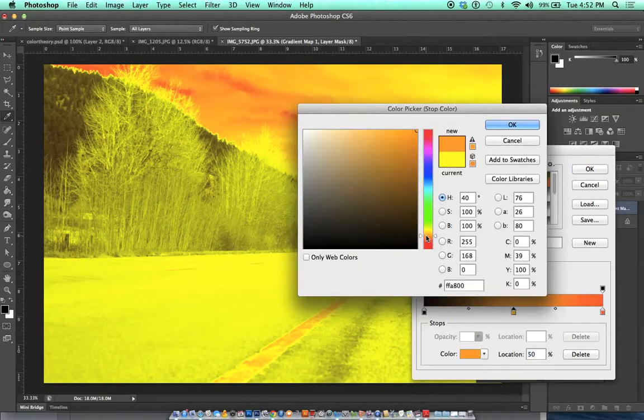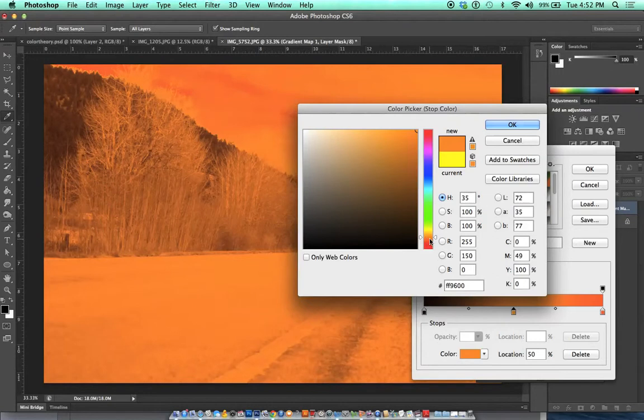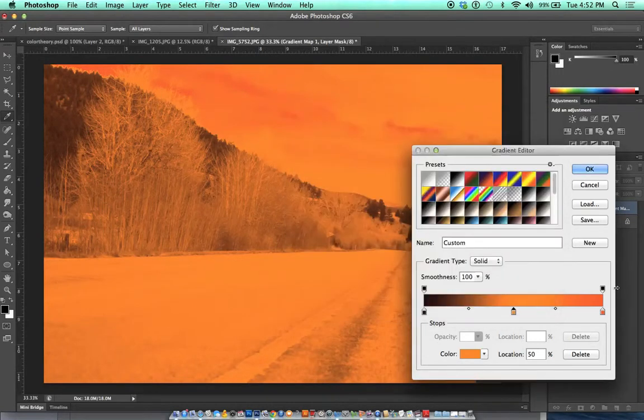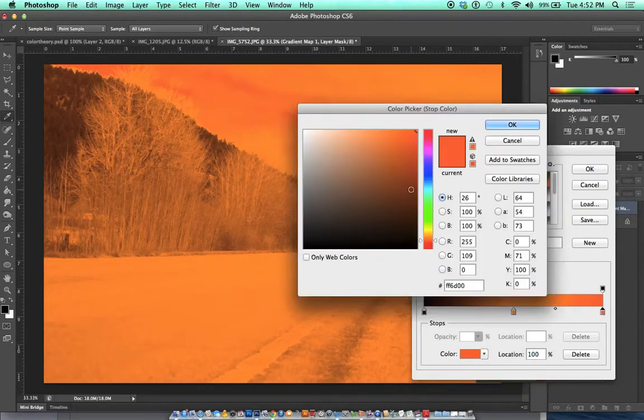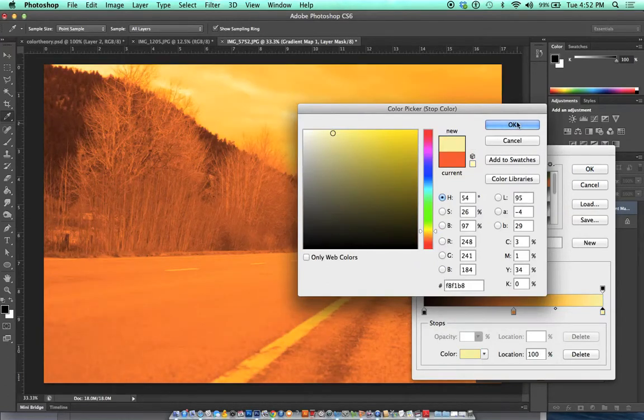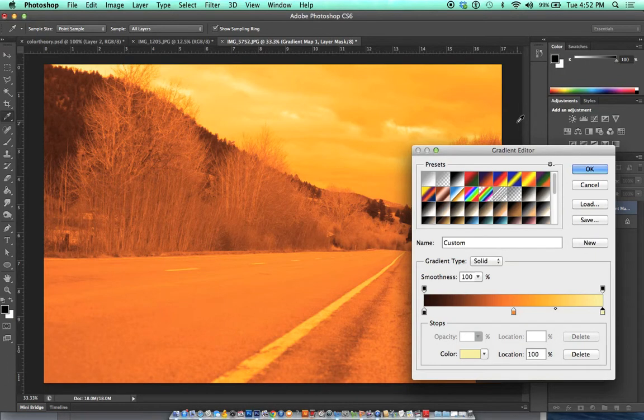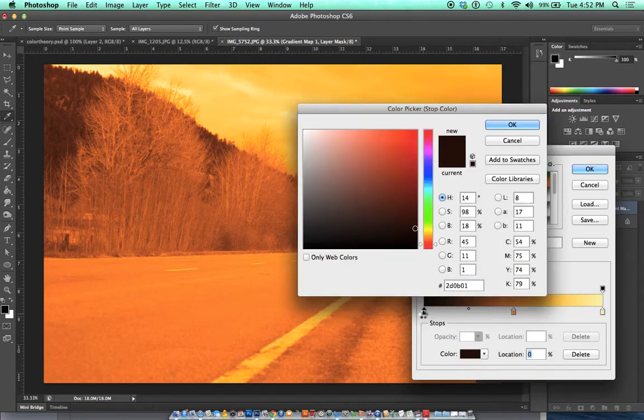I'm going to change this to orange, and then the lightest value is going to be very light yellow. Okay, so this is an analogous color scheme, red, orange, yellow. Let's do another analogous color scheme. Let's do reddish blue,